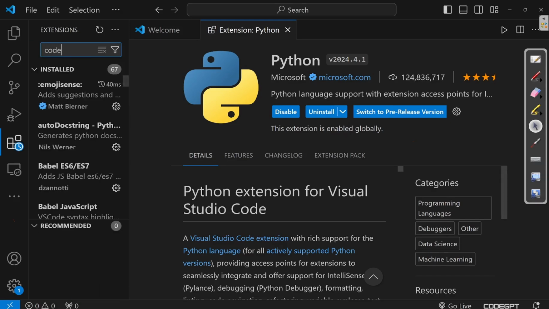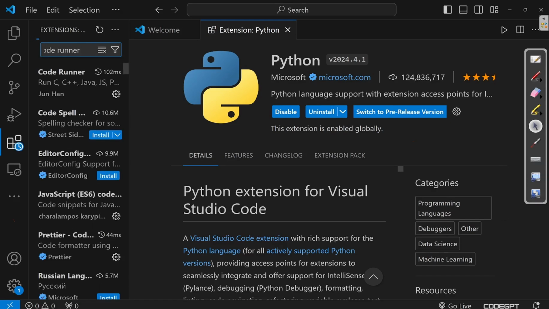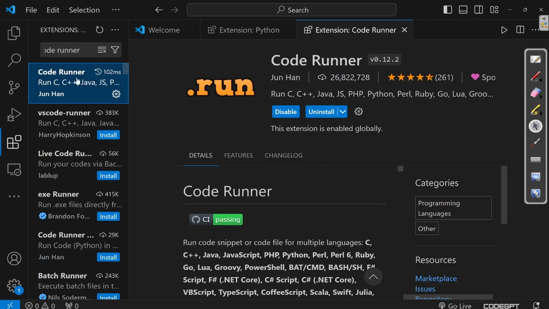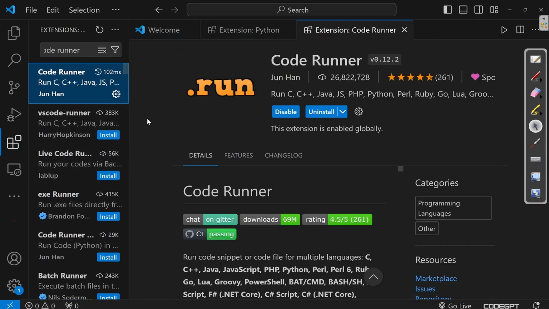Then another extension is Code Runner. You also need to install this particular extension. You simply need to click on the install button. I am getting the uninstall button because I already have it installed. You will be getting the install button, and once you have installed this, you are good to go.